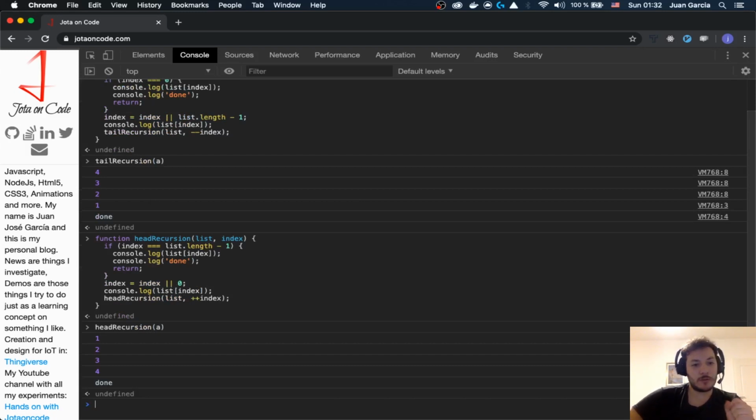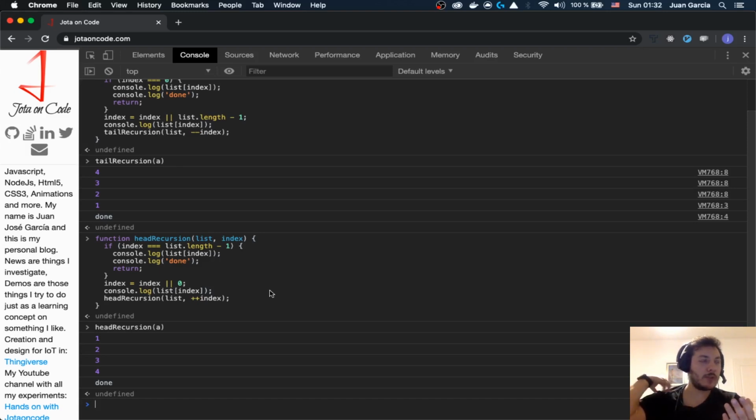So you see, this is the tail recursion and the head recursion. You're going from the tail or from the head, and you're going to be looking into each one of these different values, and you are going to be able to iterate through each one of them without knowing that much of how much is the length of these values, right? This is the use case for what is going to be